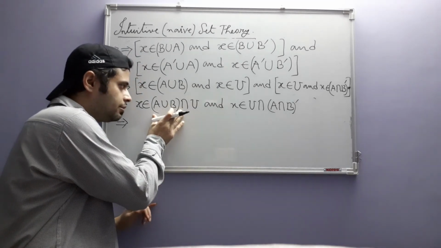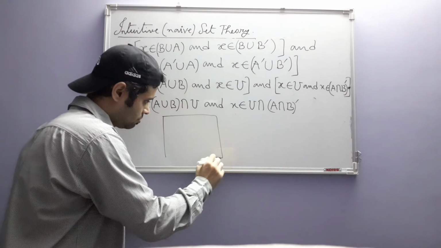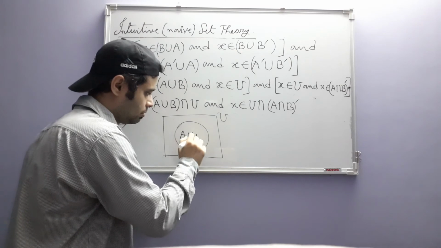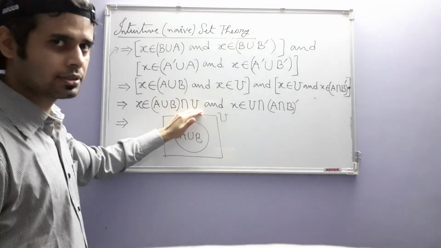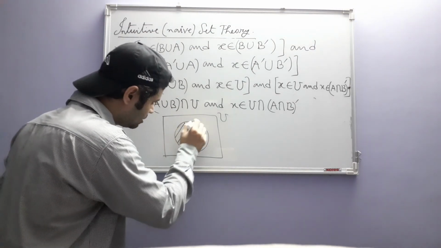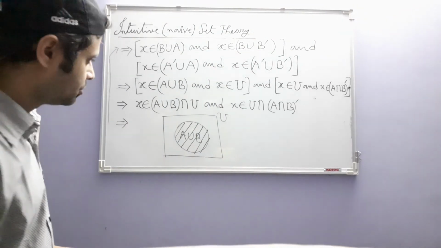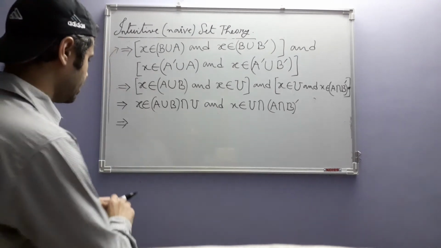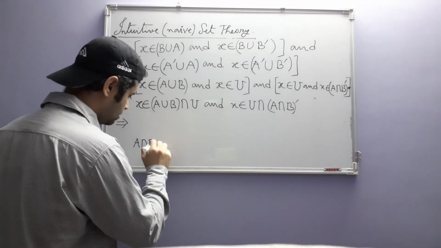In particular, A union B is also a subset of U, which means that this is U, this is U, this is A union B. That means if I am taking intersection, that is the elements which are common to both A union B and U, that is A union B itself, because that is common, or you can use one of the previous laws that we have proved, which says that A intersection B is equal to